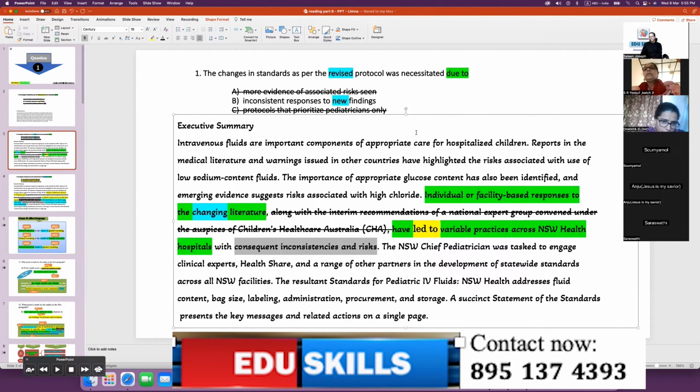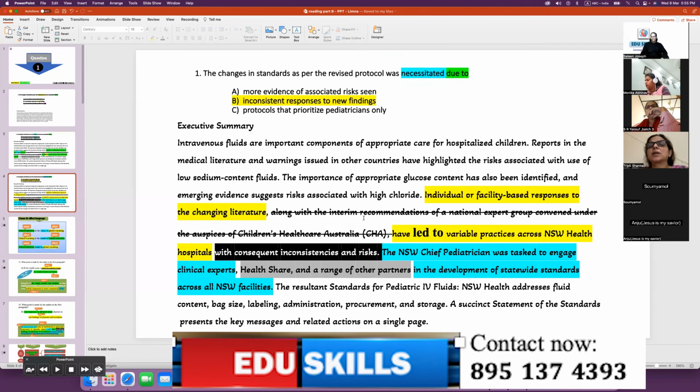Cause and effect language. This is a bit challenging, I know, but exactly the same strategy can be applied here. Normally, 90 to 95% of the time you will not get something this challenging in your exam. You got the idea, right? If you have a doubt, you can ask me later when we come back to this in the revisit. So cause and effect language is used here. And if you know lead to, result of, cause of, these expressions, if you have this idea in your mind, immediately as you read this sentence you will understand: individual or facility-based responses to changing literature have led to variable practices